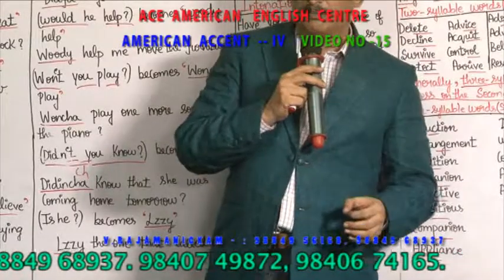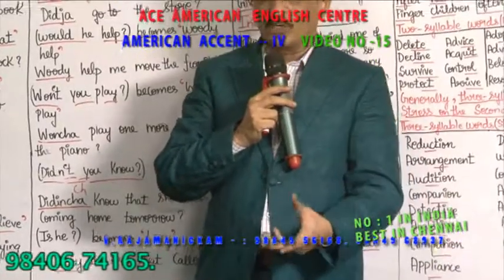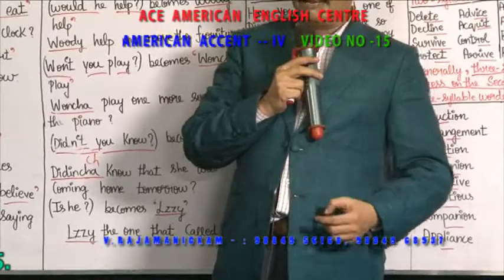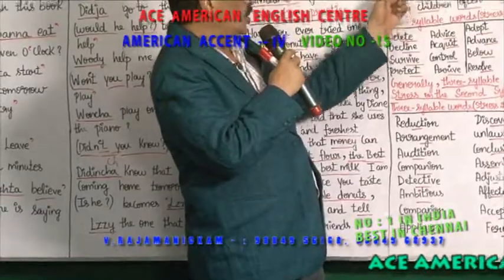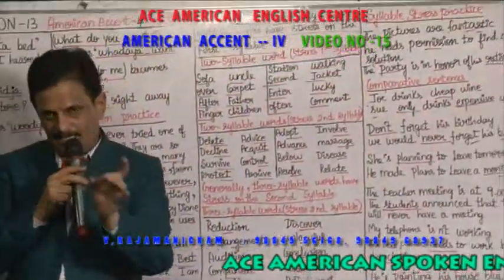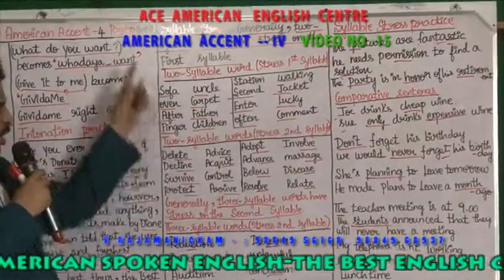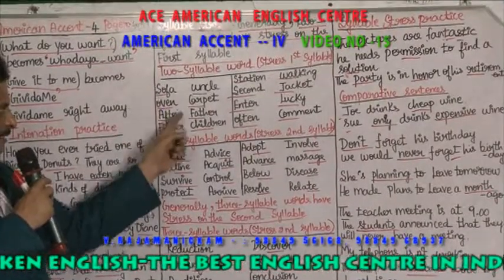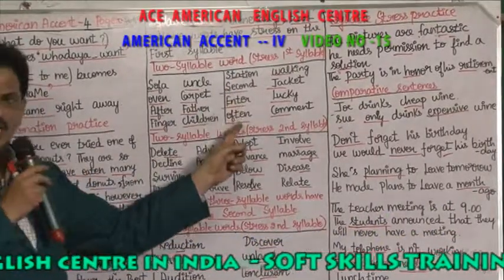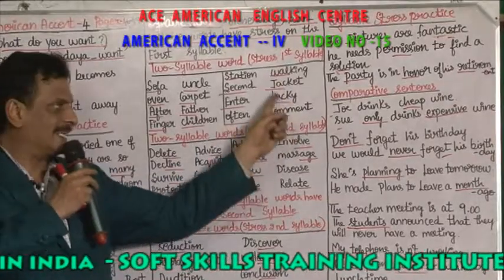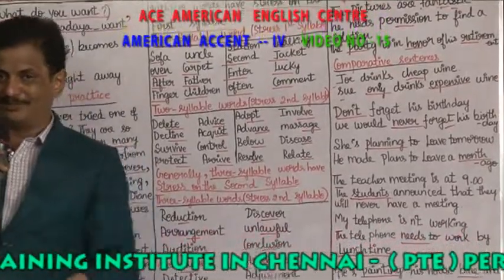அடுத்தது பார்த்தீங்கன்னா சிலபல் என்றால் என்ன, மிக மிக முக்கியம். ஒவ்வொரு உயிரெழுத்துக்கும் ஒவ்வொரு அழுத்தம் கொடுக்க வேண்டும். உதாரணத்துக்கு சென்னுக்கு ஒரு அழுத்தம், நெய்யுக்கு ஒரு அழுத்தம். 2 உயிரெழுத்துக்கள் இருந்ததுன்னா 2 சத்தங்கள், 3 உயிரெழுத்துக்கள் இருந்தால் 3 சத்தங்கள். இங்கே சிலபல் சோஃபா பாருங்க, ஓ இருக்கிறது, ஏ இருக்கிறது, 2 சிலபல், 2 ஸ்ட்ரெஸ் கொடுக்கணும். அது பெயர் சொல்லாக இருக்கிற காரணத்தினாலே சோக்கு அழுத்தம் கொடுக்கணும். Sofa, oven, after, finger, uncle, carpet, father, children, station, second, enter, often, walking, jacket, lucky, comment. 2 உயிரெழுத்து இருக்கும்போது 2 பீட்டிங் கொடுக்கணும். அது பெயர் சொல்லாக இருந்தால் முதல் பீட்டிங் அழுத்தம் கொடுக்கணும்.